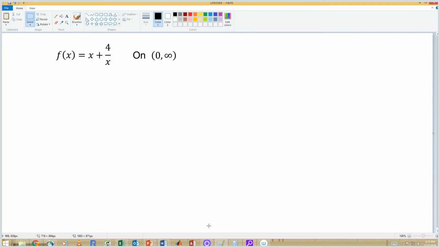In this video, I am going to find the absolute extrema, the absolute maximum or minimum, for this function f of x equals x plus 4 over x on the domain 0 to positive infinity. So to do this, I'm going to find the first derivative, f prime of x equals 1 minus 4 over